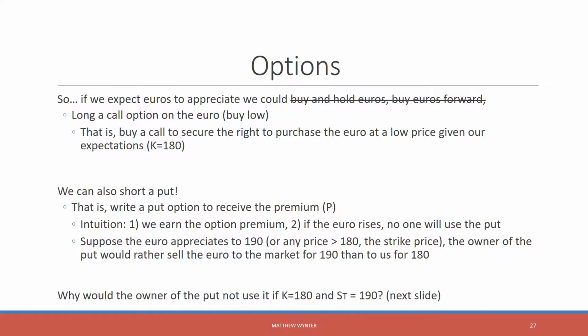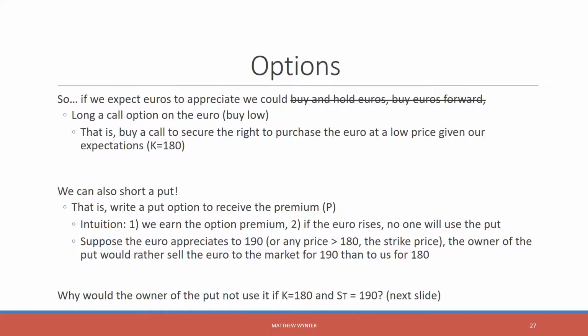Well, we earn the option premium. If the euro rises, no one uses the put. Suppose the euro appreciates to 190 or any price above 180, which is the strike price that we've been using in our examples. The owner of the put would rather sell to the market for 190 than sell to us